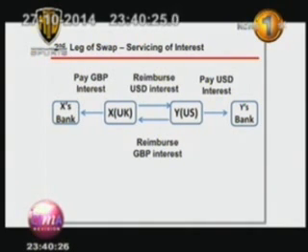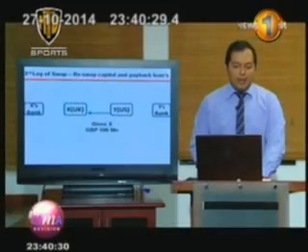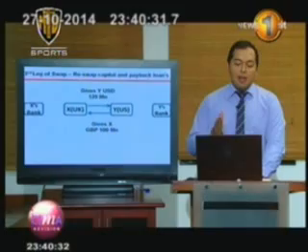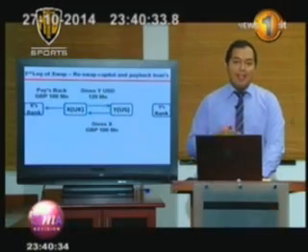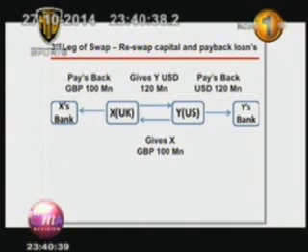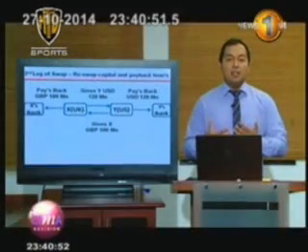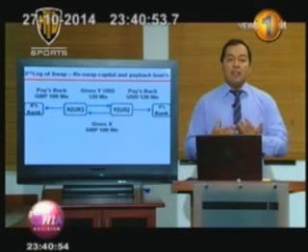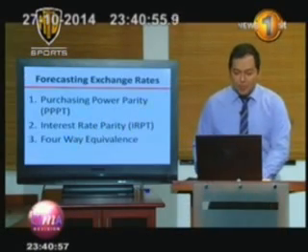And finally, in the third leg of the swap, what happens? Y gives back 100 million pounds to X, X gives back $120 million to Y, and then they settle each other's banks, thereby removing the long-term forex exposure. What are the potential benefits of this transaction? The potential benefit is that both parties, by entering into the swap, have managed to reduce their interest cost as a result of getting these preferential rates in their local markets.